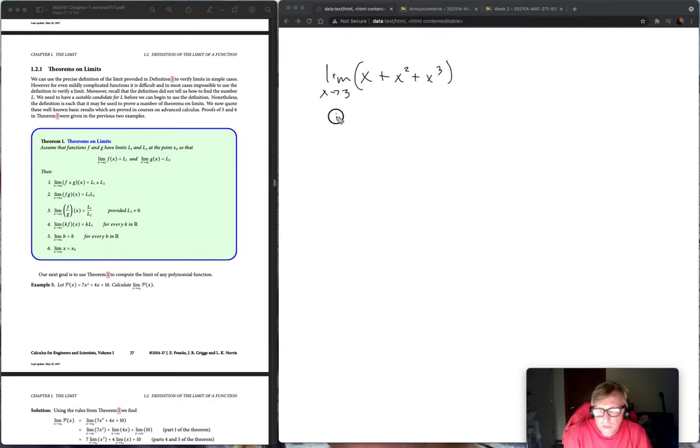Right? Okay, technically this is the limit as x approaches 3 of x plus the limit as x approaches 3 of,